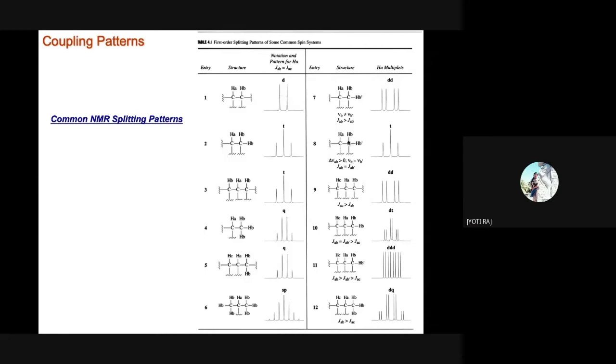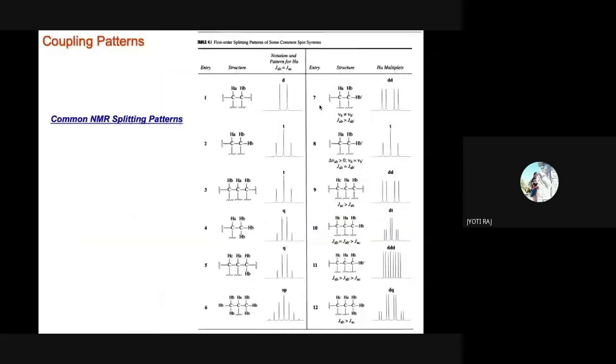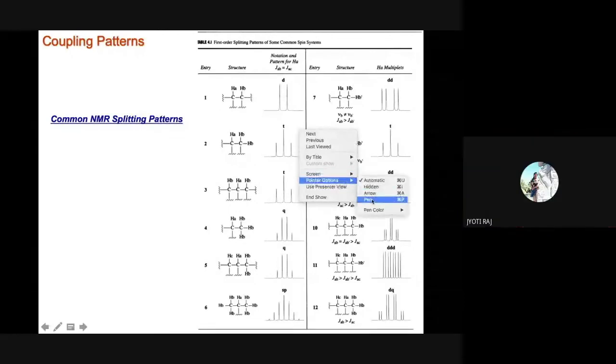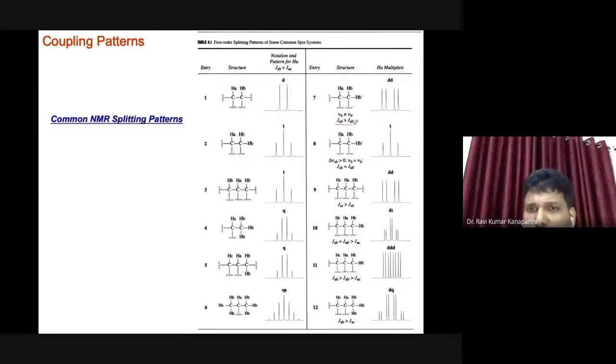Among these two peaks on the next slide, which one occurs more often, the DD or the triplet one? You are talking about the right side one or the left side one? Seventh number, 7 and 8. It depends upon this condition. This I did not discuss with you; I purposefully skipped that. It depends upon the interaction.